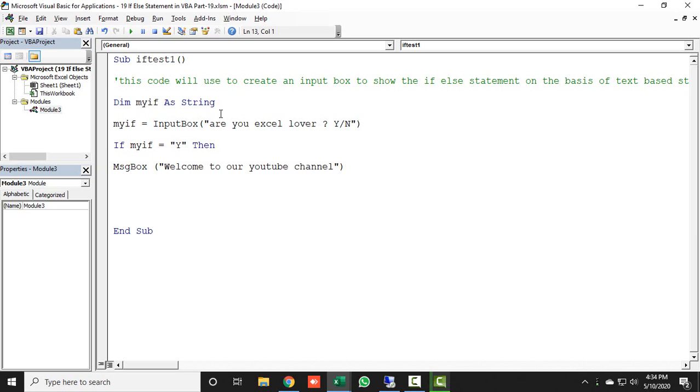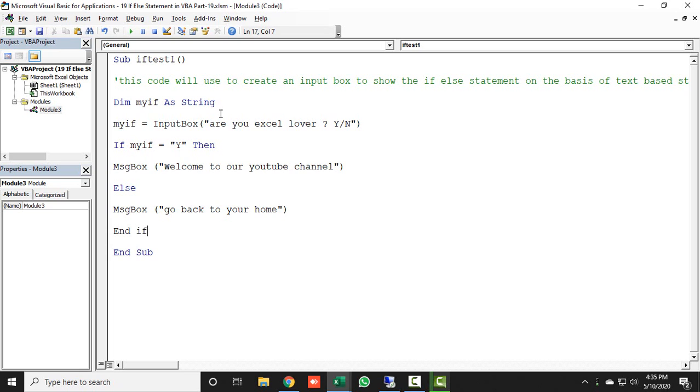And if he says no, then in the Else statement I will show another message box and give the message to him, go back to your home, and then End If to close this statement.